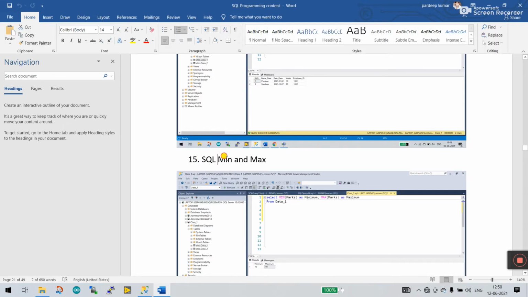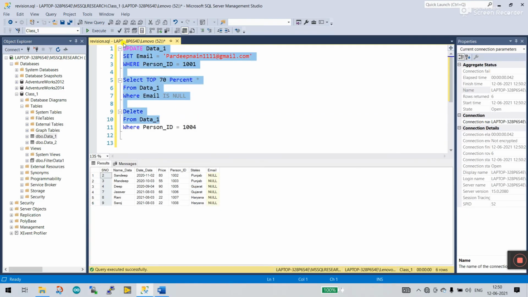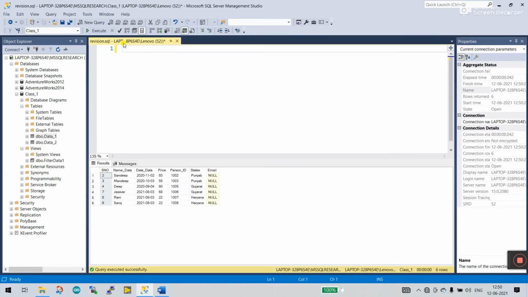Next is SQL minimum and maximum. It's very important, how can we do this? Now I remove all these conditions. I enter SELECT, from which table?